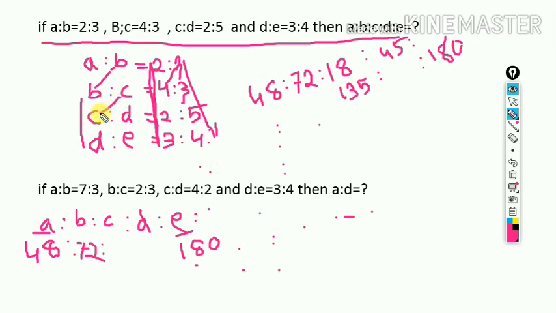Then C, look here. C will be this and this connected. Then we go up and go down. So this will be 3 multiply 2, 6, and 6 multiply 3, 18, 18 multiply 3, 54.